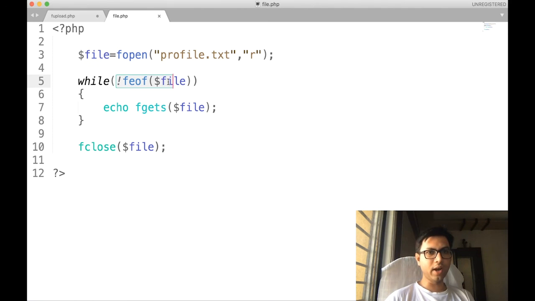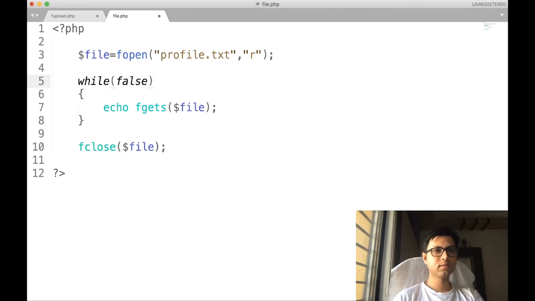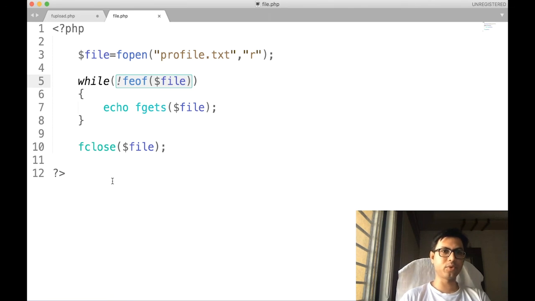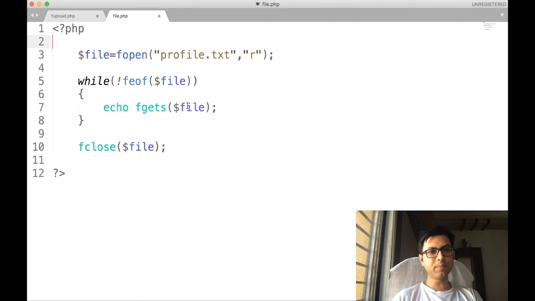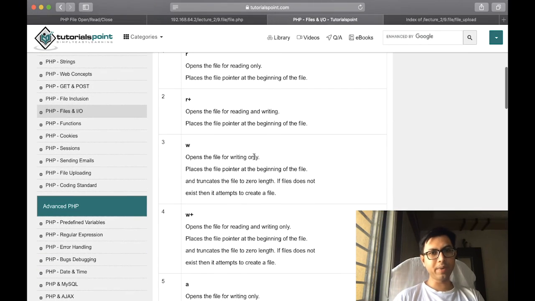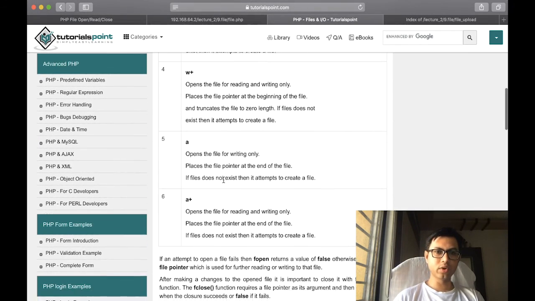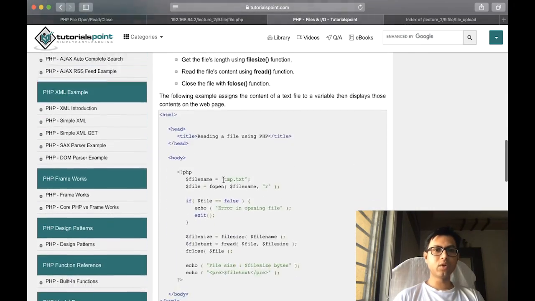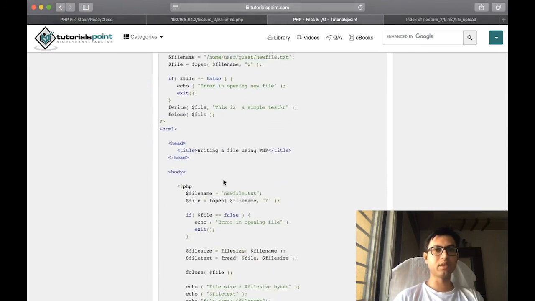And once the end of file occurs, this statement results in false, so the while loop automatically gets terminated, and at the end we close this file using the fclose function and this file variable. So I hope this is a simple program to read the file. Similarly, you can make programs to read, write, append, and for all these modes. You can also get the code for the same on this particular website.